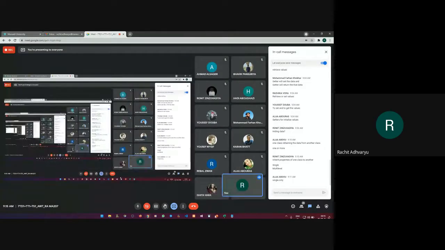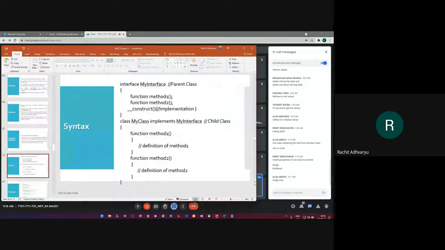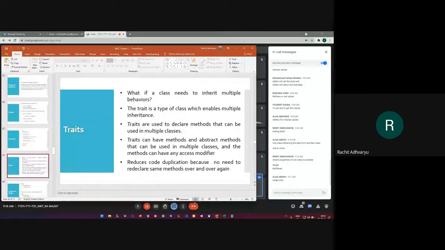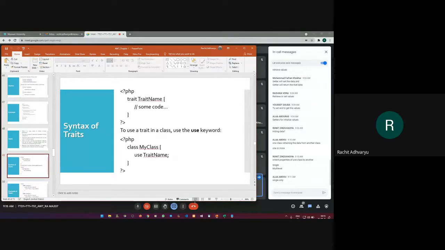Okay, moving on to the next. Then we have the concept of traits. Now, what is a trait? A trait can have implementations, and you can directly use the traits in any of the child classes. So this is what the example is.